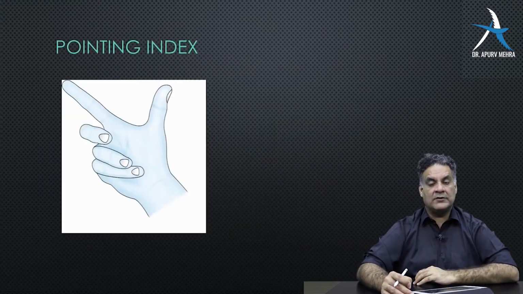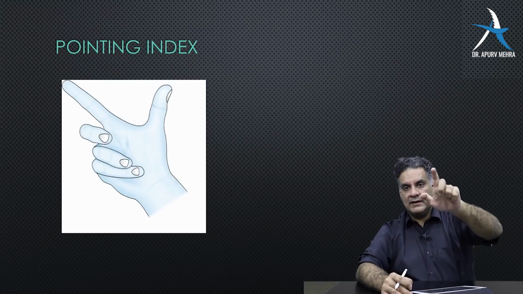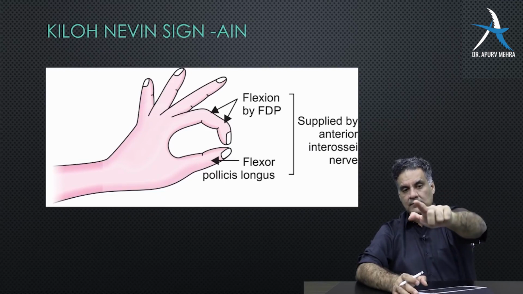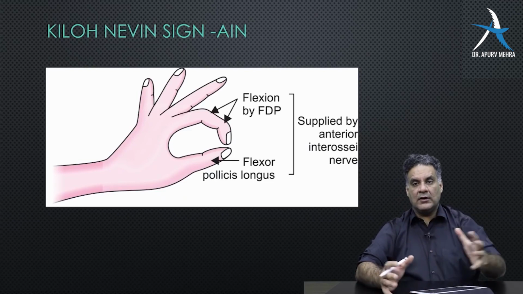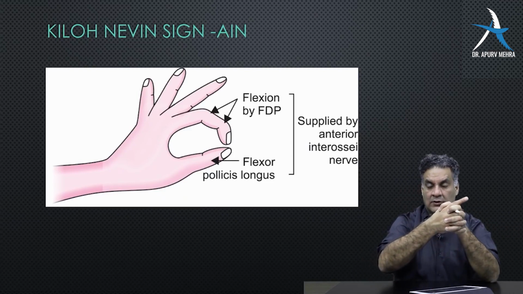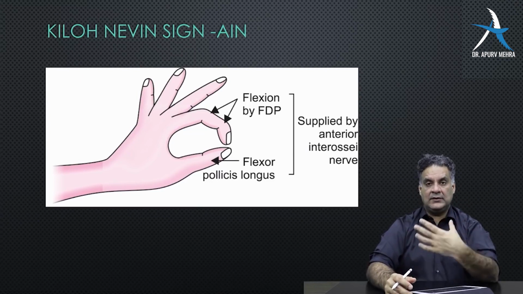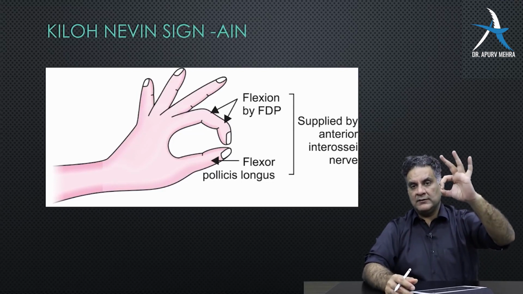Then remember, for the median nerve, if you make a fist, right, this is a normal median nerve. And if median nerve palsy is there, these two fingers will stand out, called the pointing index. This is also called the Pope sign, because of the benediction attitude. Or if you ask the person to clasp his fingers, and if one of them stays out, it is the Ochsner clasp test. The branch of the median nerve, the anterior interosseous nerve, is responsible for this O sign or Kiloh-Nevin sign,